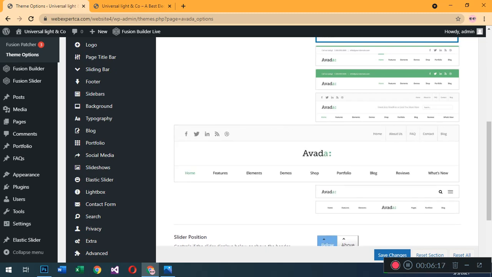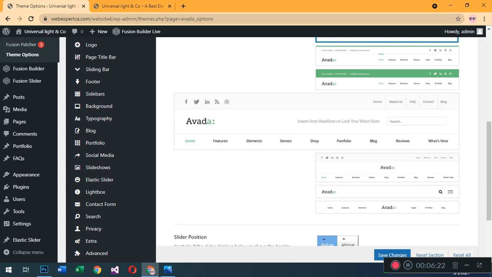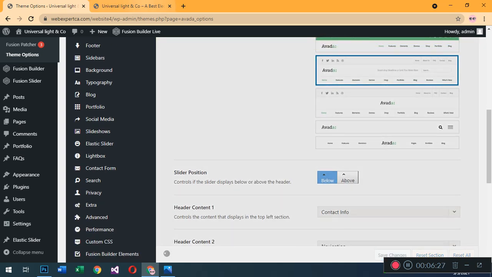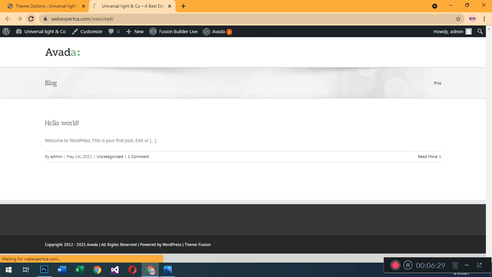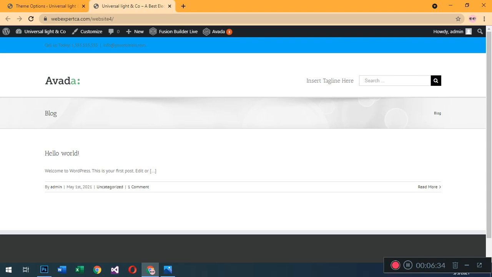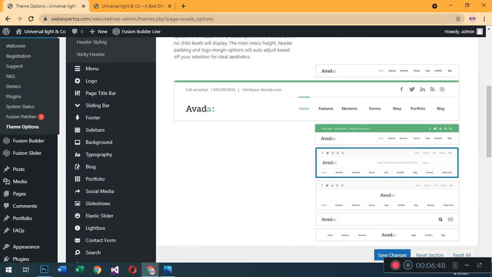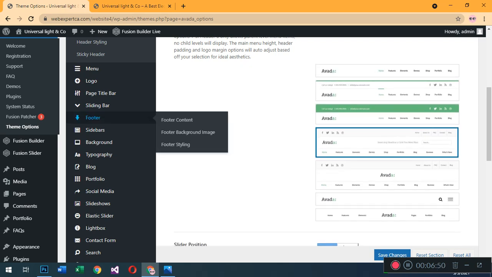This is the beauty, I think so. I am going to use this. Yes, this is the beauty. I am going to just press save changes. After this, our theme looks like that. We use that. Avada, call us today, info tagline is there. Our whole menu bar shows here. After some settings, you can also set it like this, this, this, whichever you like.